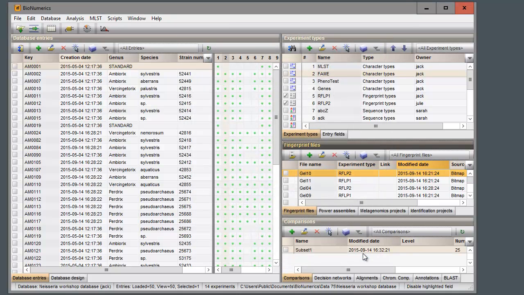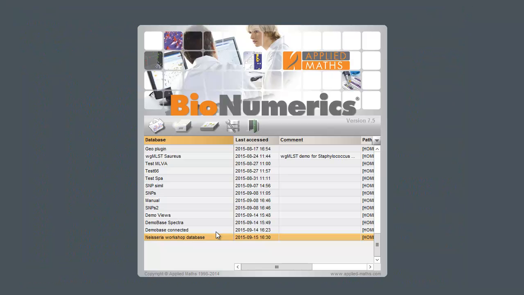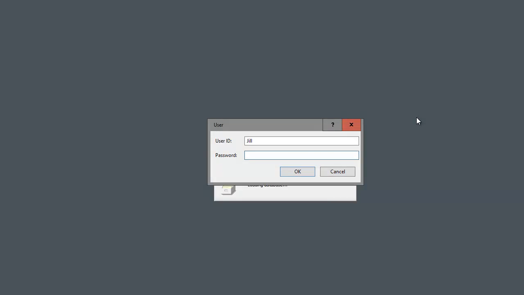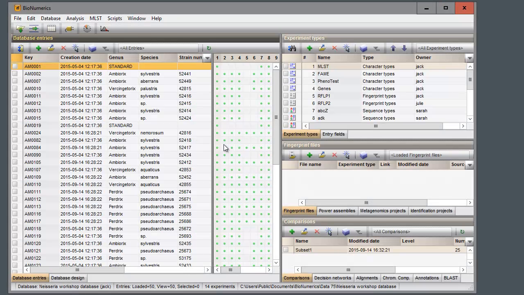I close and reopen my database to illustrate this. The Loaded Fingerprint Files view is now the default view in the Fingerprint Files panel.